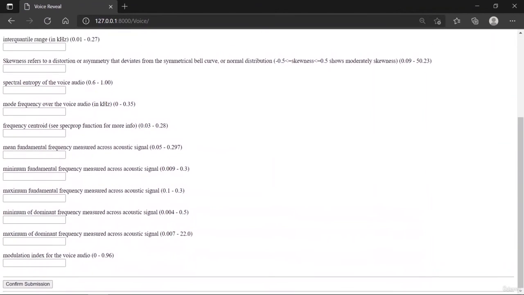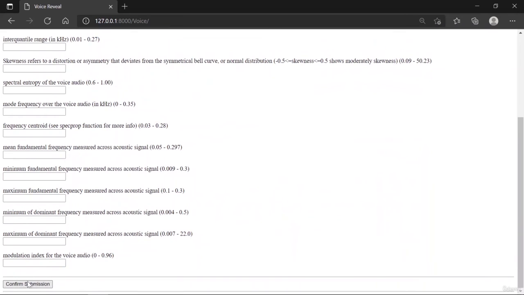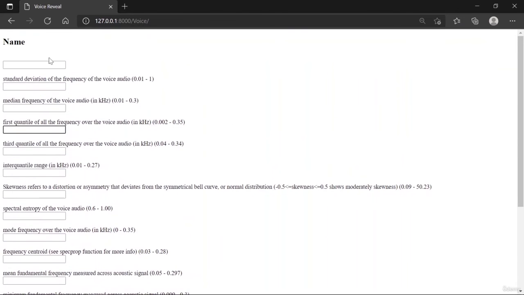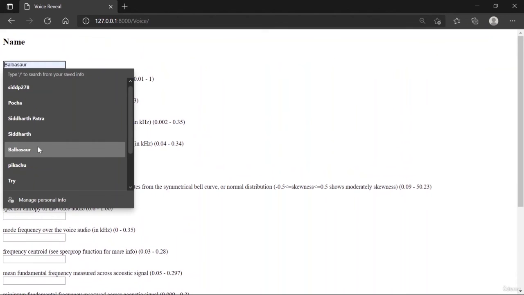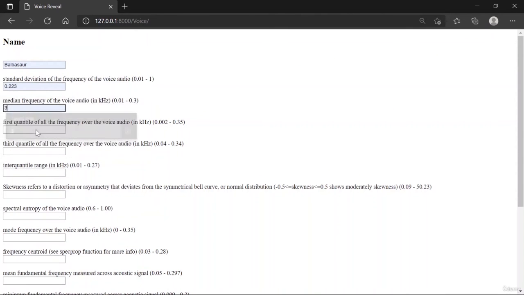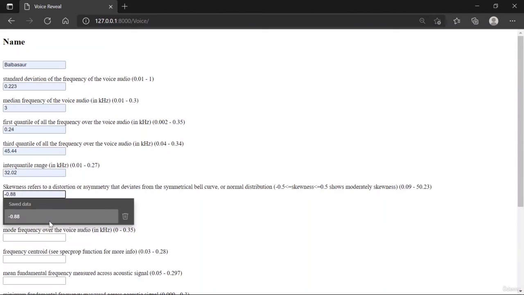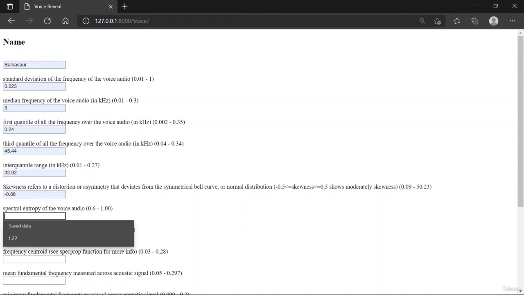That is a form, and you just have to give in the values here and then click on submission. Let me just put in anything, so don't mind the name and any of the values that I have set up beforehand.